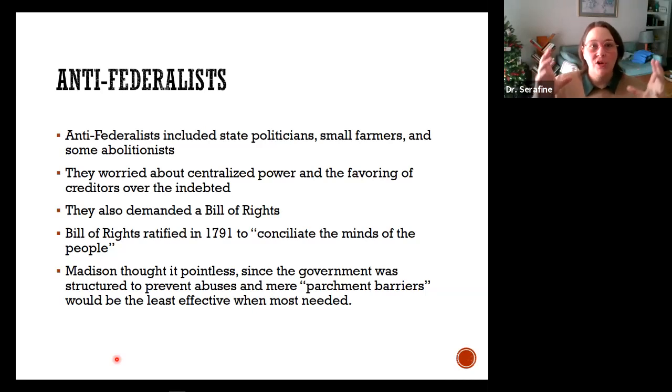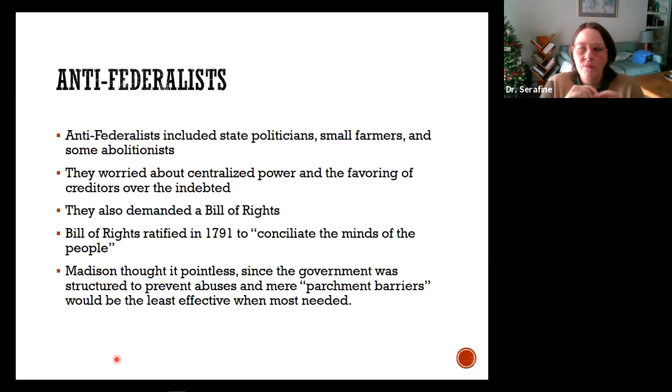So if Hamilton and Madison are there in '87 because they want a stronger federal government, who shows up to say, no, we don't want a stronger federal government? Or who is outside the Constitution saying, no, a stronger federal government is not what's needed? Well, state politicians. State politicians are like, we're fine with most of the power being in the hands of the state. Small farmers just saw what happened with Shays' Rebellion and are like, no, thank you to a stronger federal government. There's a few abolitionists, white abolitionists, I should say, including the Quakers in Pennsylvania. They say, no, we're worried that slavery is going to get enshrined in that Constitution.